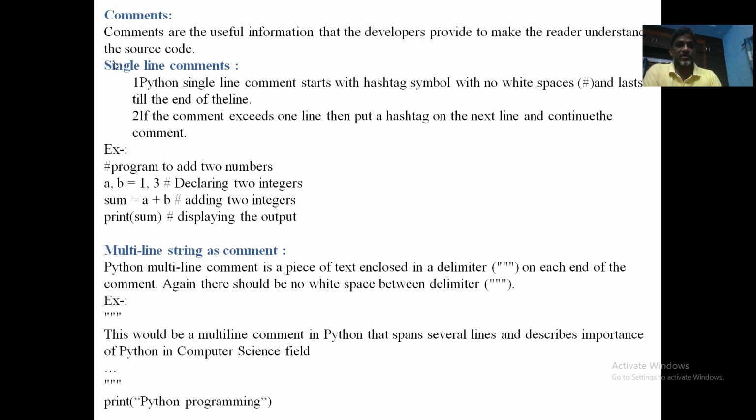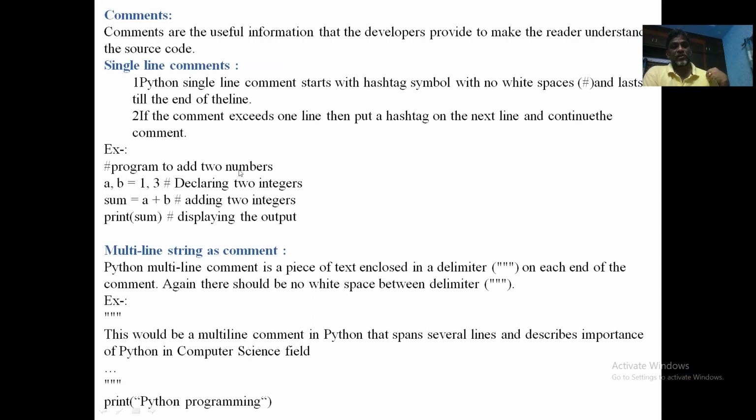For example, you can specify comments in Python by using this hashtag symbol. Whenever you hashtag a particular string, it means it is a comment, and it will be ignored by your Python interpreter. Another thing is you can write comments anywhere in your program, at the beginning of a statement, in the middle of a statement, or at the end of a statement. Whenever you start the hashtag symbol, it means the following is going to be a comment.